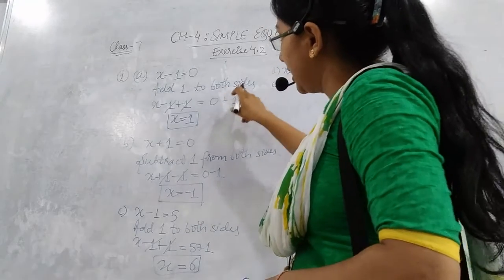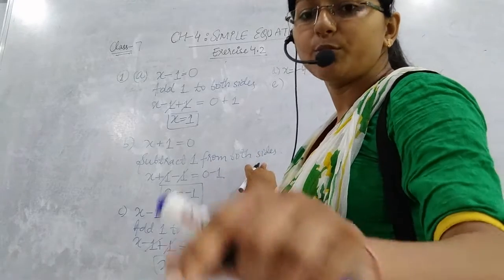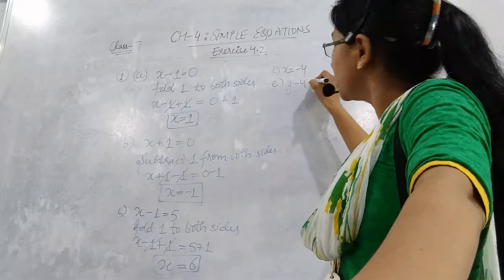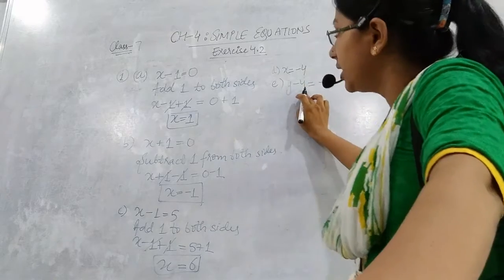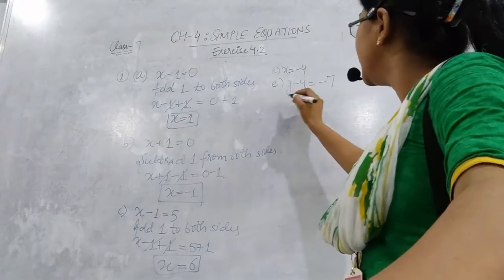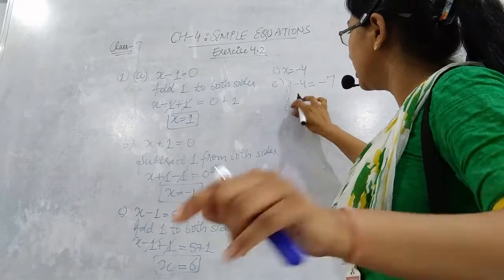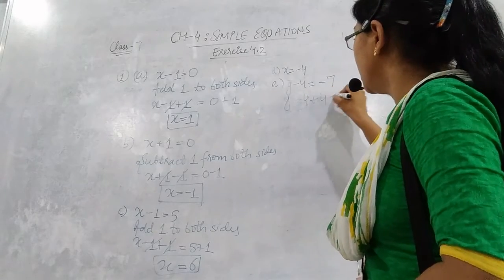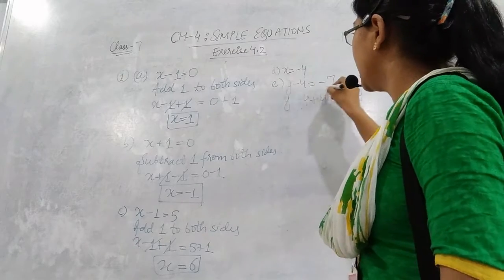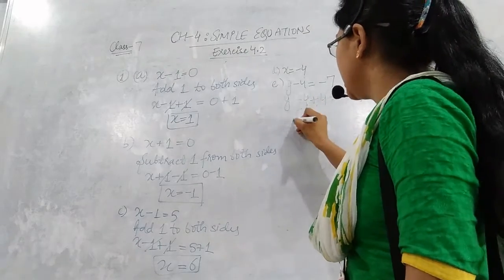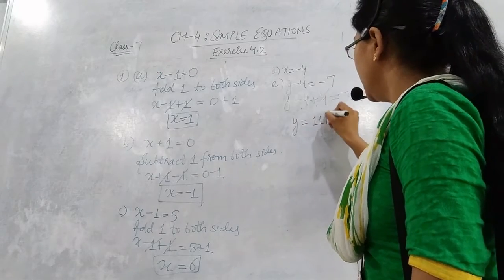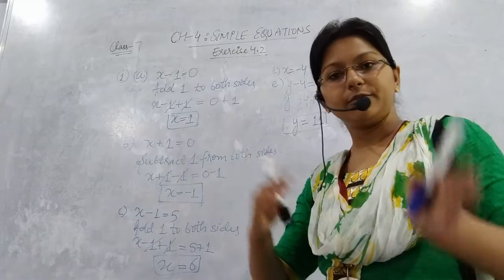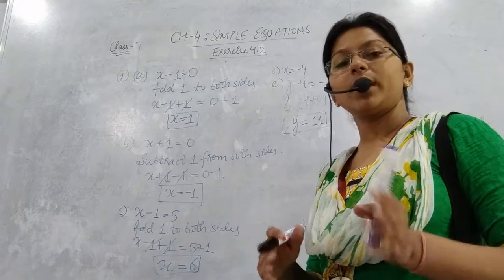E part में क्या है, y minus 4। अच्छा, ऐसे स्टेप लिखने हैं, ऐड 1 to both साइड और सब्ट्रैक्ट, जो भी आप कर रहे हैं। ठीक है, बिना स्टेप लिए काम नहीं चलेगा। जैसे यहाँ पे y minus 4 is equal to 7, -4 है, ऐड 4 to both sides। मैं स्टेप नहीं लिख रही हूँ, डायरेक्ट I am solving it। y minus 4 plus 4, 7 plus 4, यहाँ के कैंसिल, so what I am getting, y is equal to 11। Okay, so this is also simple। F part में add 4 to both sides, we will get y is equal to 8।